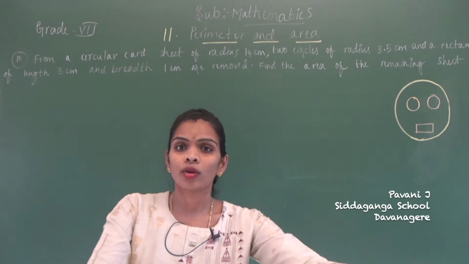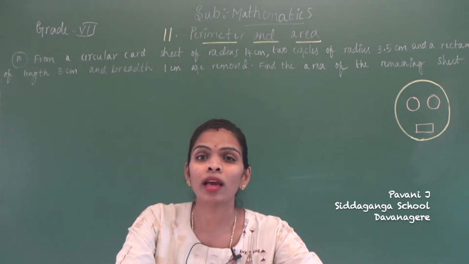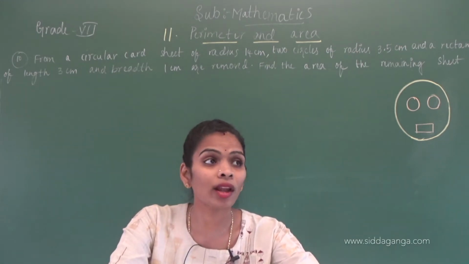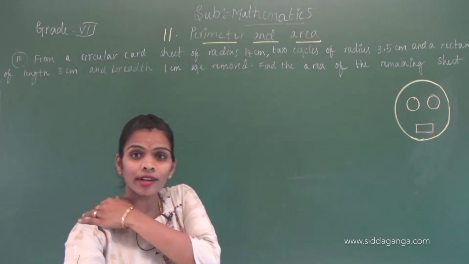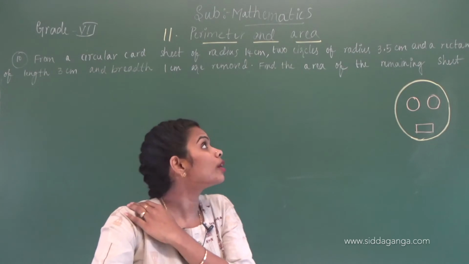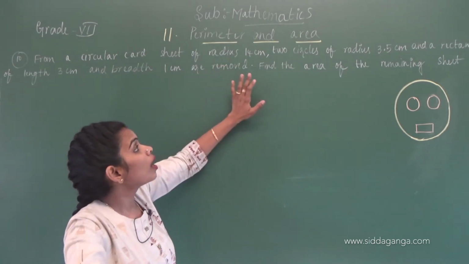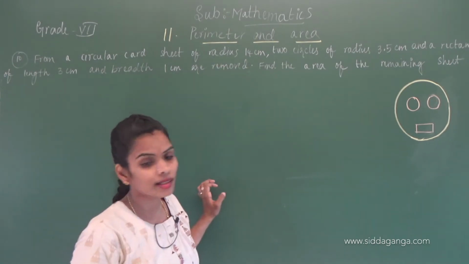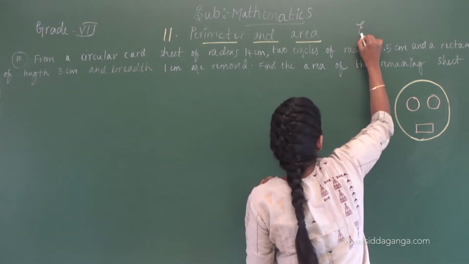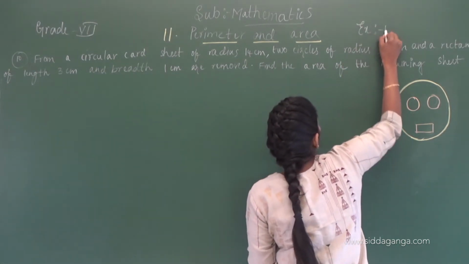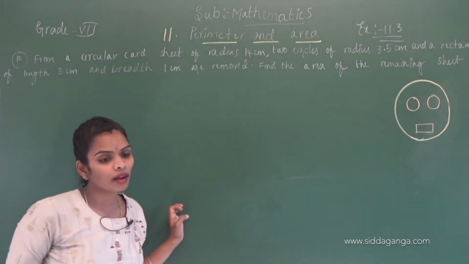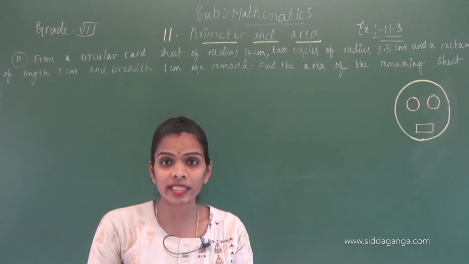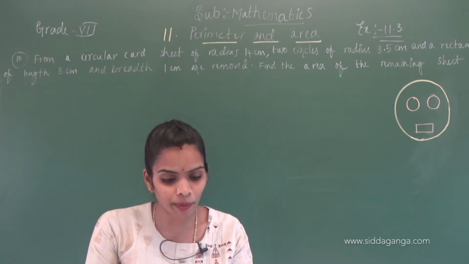Hello children, today I am continuing with my last class. In last class, what have we discussed? We discussed circumference and area of a circle, and we entered into exercise 11.3. In that, we already finished 9 questions. I am continuing with that exercise, people.